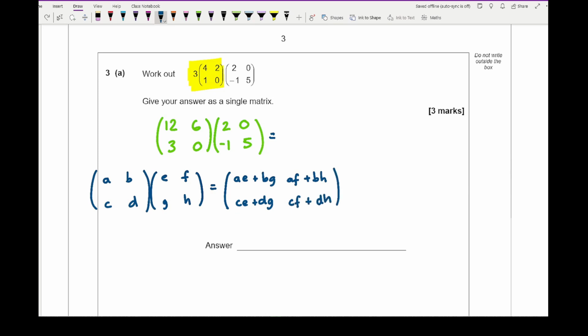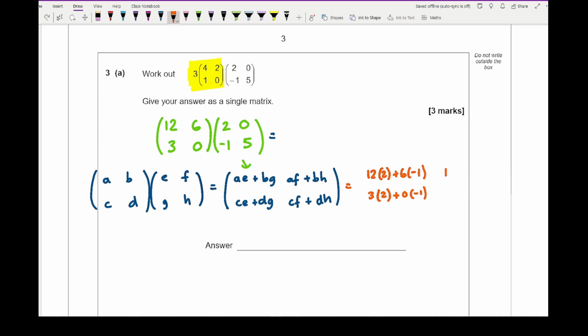And all I then need to do is just substitute those numbers in. So what I end up with, if I plug that into this, I'm going to end up with 12 lots of 2, plus 6 lots of -1. I'm going to end up here with 3 lots of 2 plus 0 lots of -1. And then